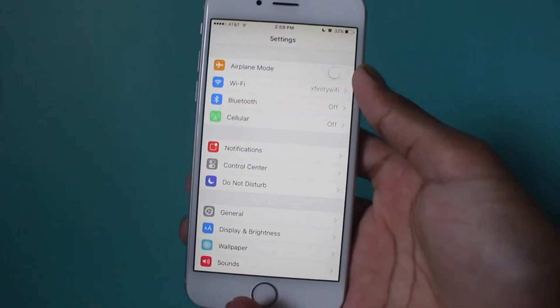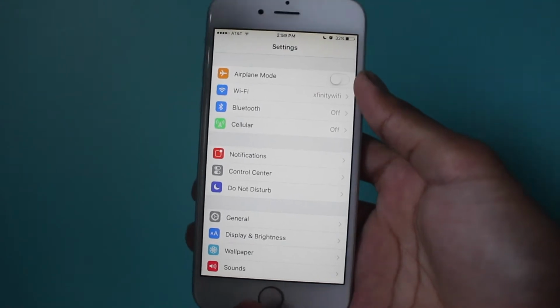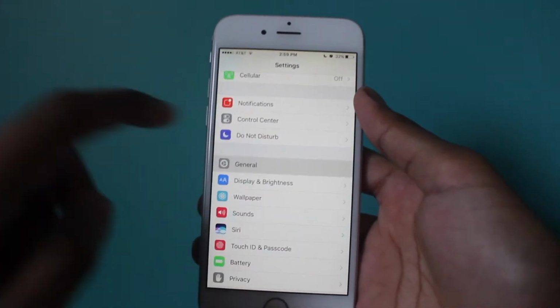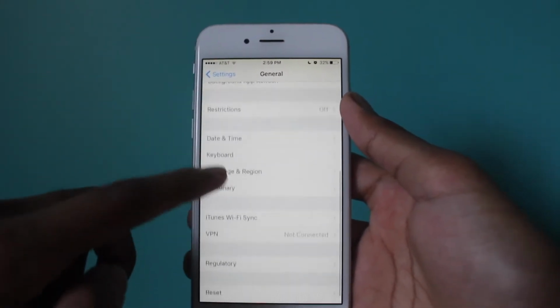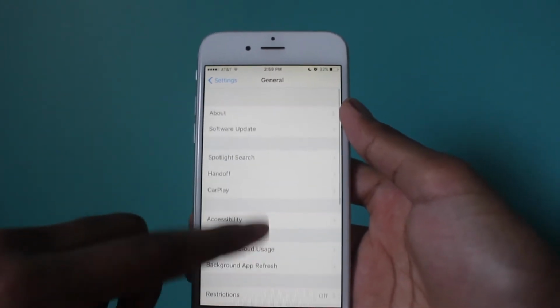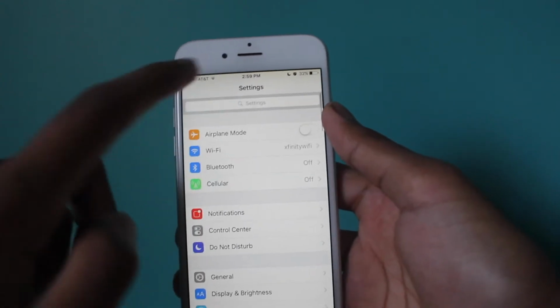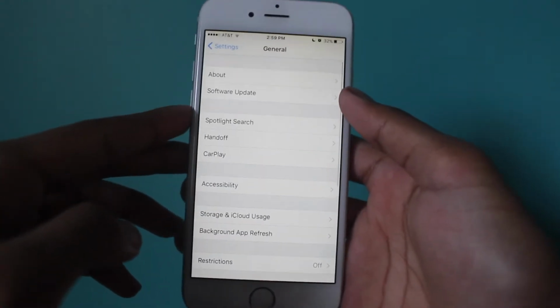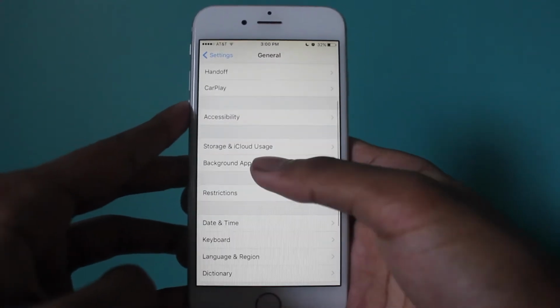So one of the biggest features that destroys your battery life is background app refresh. Okay, so let's get into it. General, where is it? I must have passed it. You can also search for it up here, like for any of the things. It just makes it easier, but just for the sake of showing you, you click here and right there,